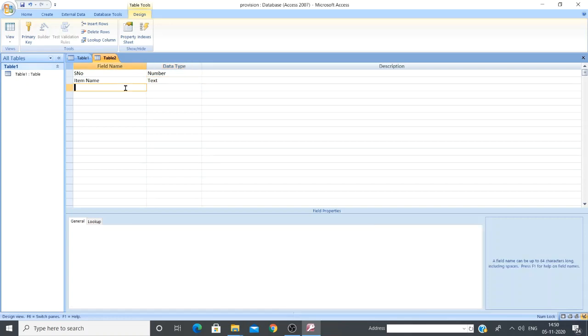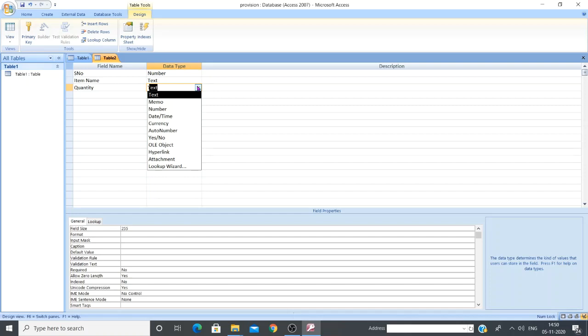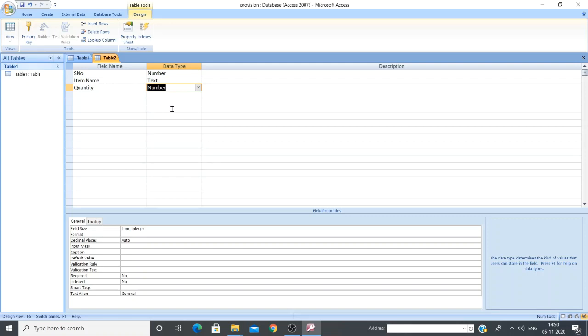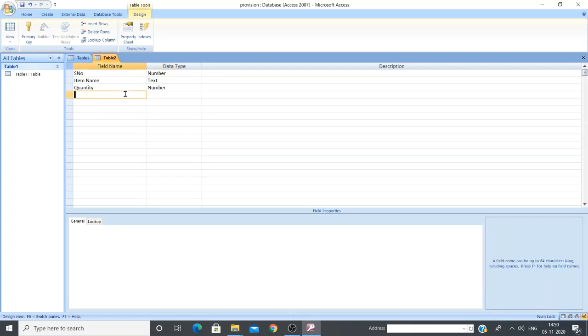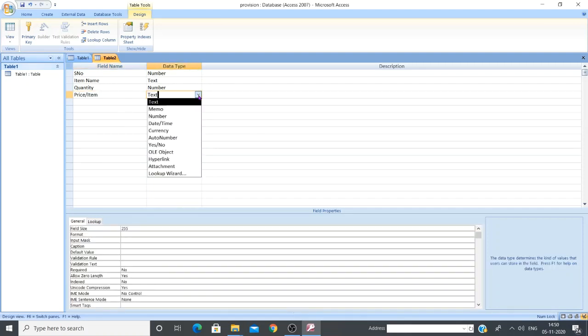Then next is quantity. Quantity is how many we are buying, 1 kg, 2 kg, or 2 packets or 2 soaps or whatever it is, counting quantities. Quantity is going to be number, but do not specify kg and all. If you want to buy 1 kg, simply write 1. That's enough. Then price per item. Price per item is in rupees, right? Let us see whether we have a rupees type. No, so in this case we will select number itself.